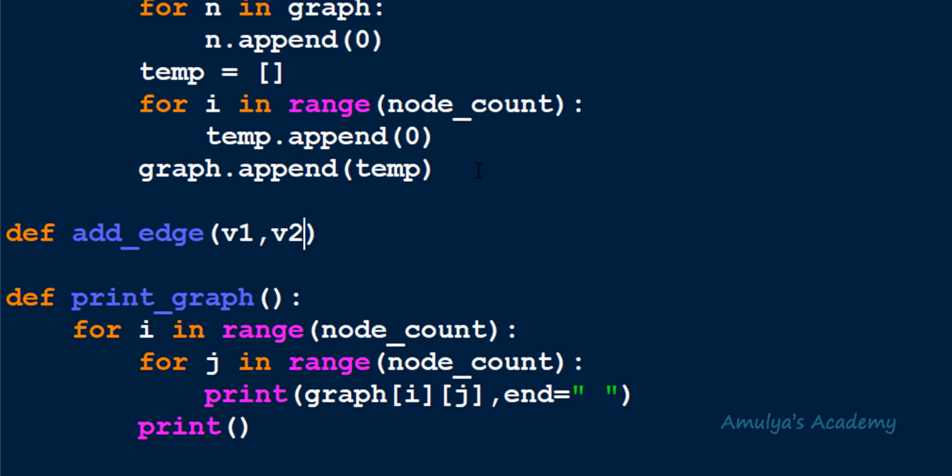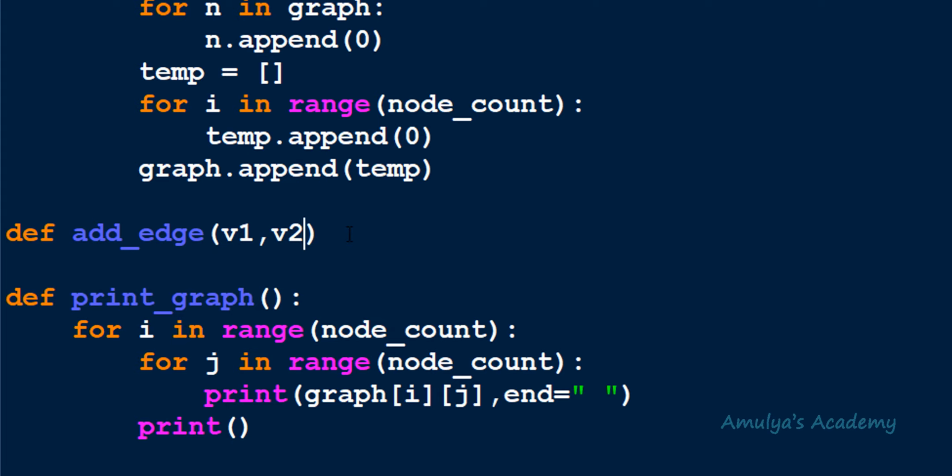In the previous tutorial, while writing the function for add node operation, we didn't worry about whether the graph is directed or undirected or weighted graph. That is because add node operation works same for the directed or undirected or weighted graph. Adding a node doesn't change the directionality or the weight of the graph. The direction or weight of the graph is connected to the edge, right? That's why here, while writing the function for add edge, we need to be careful whether we are writing this function for the weighted graph, directed graph or undirected graph. First, we are writing the function for undirected and unweighted graph.